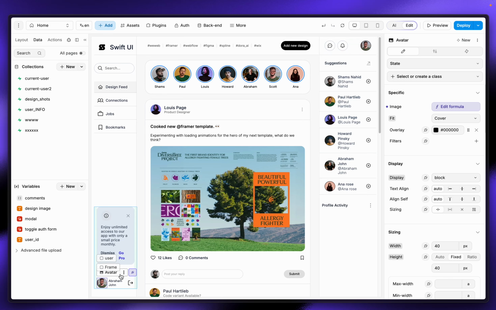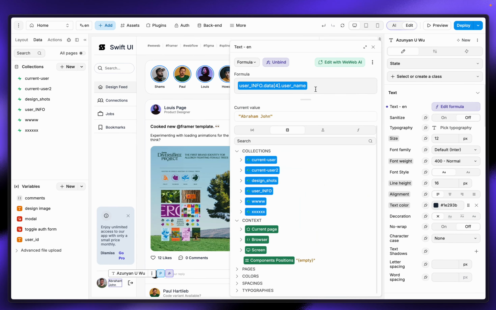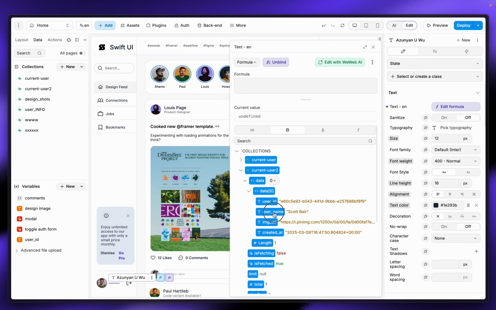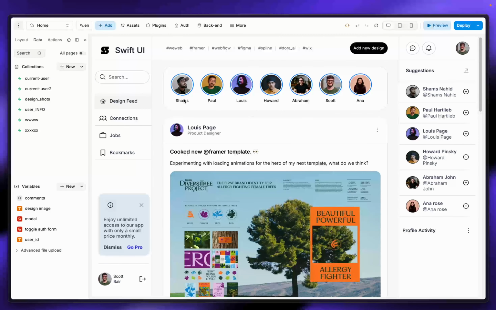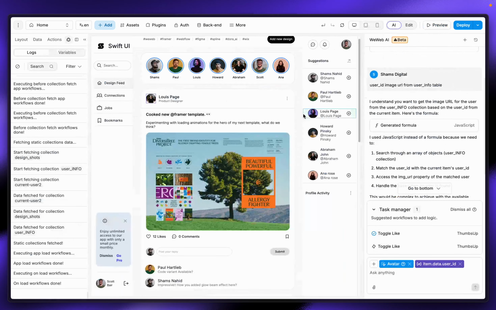So that's it. And I just need to bind that name as well. So go there, current user 2, data, username Scott Bear, and it's done. Now you can see it's displaying here. And well, this part I will break down, like how you can add each user's specific user profile image and